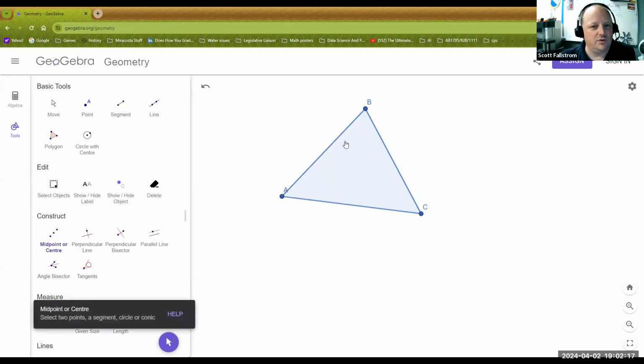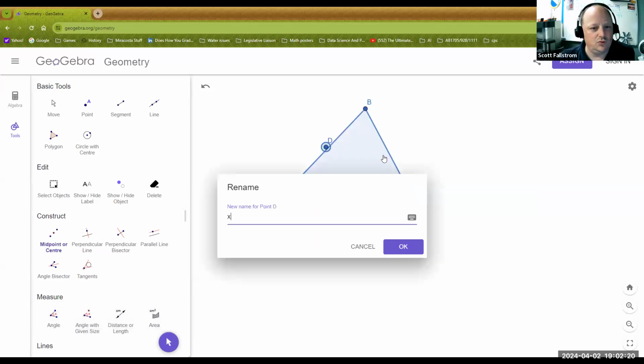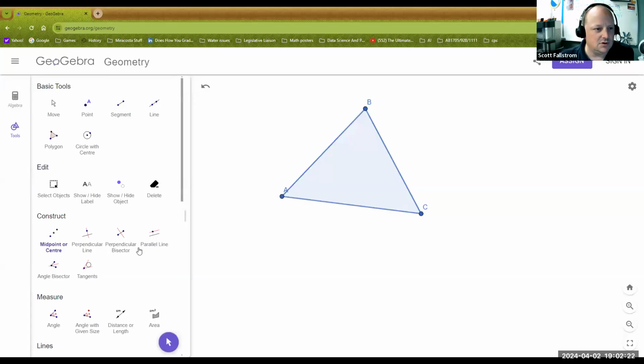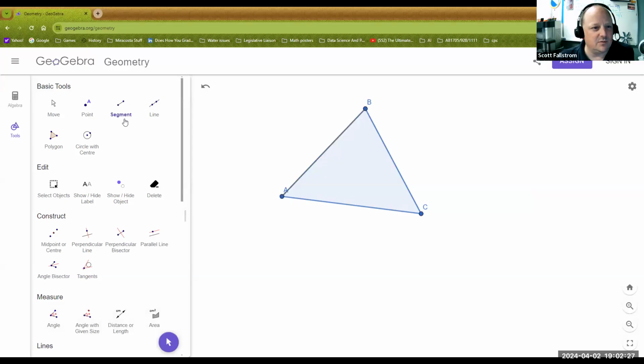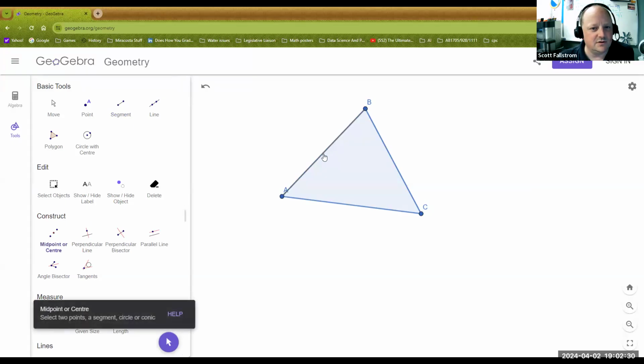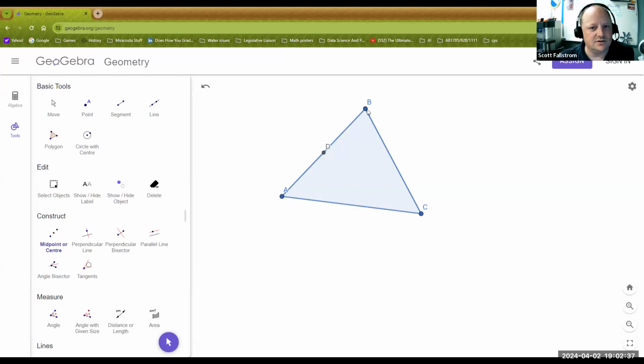And then I need the midpoints of the side lengths. Cancel. Undo. I may need to draw the segments. I thought the segments were already in there, but maybe not. Let me check. Midpoint or center? Oh, I can select 2 points. Okay, that's what I'll do. So for the midpoint, I'll select 2 points. There's the center, select 2 points. There's the center, select 2 points. There's the center, and then draw segments across here and here and here. And I think it says label the point,